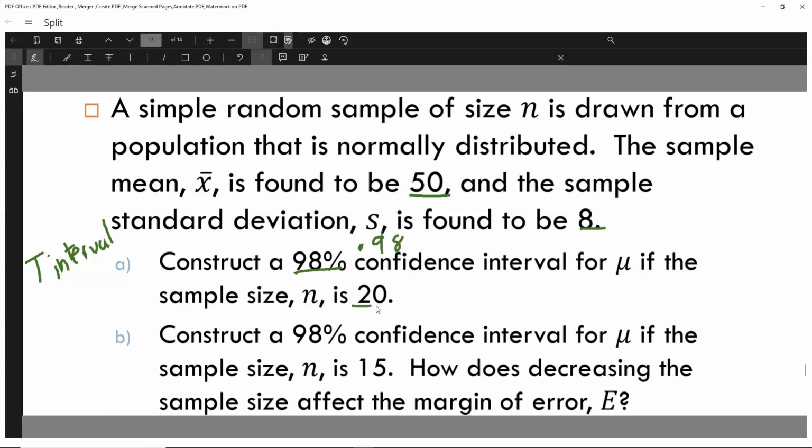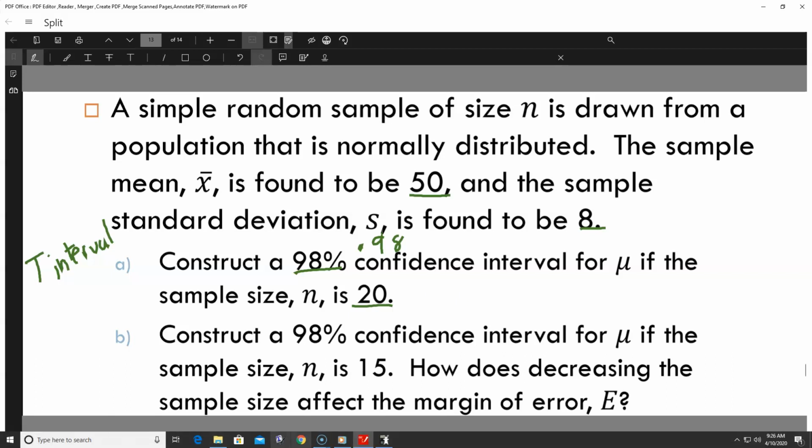And then the sample size 20. And we're going to find this interval, the lower bound number and upper bound number. And that's it. That's all this problem is. So we'll go to the calculator,